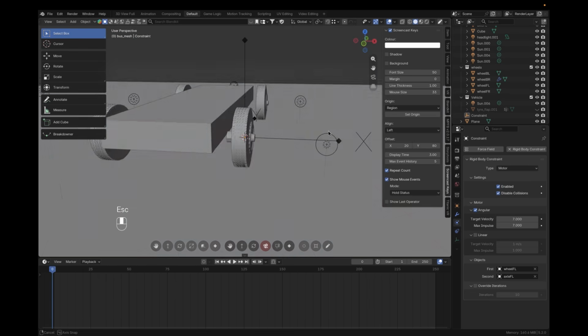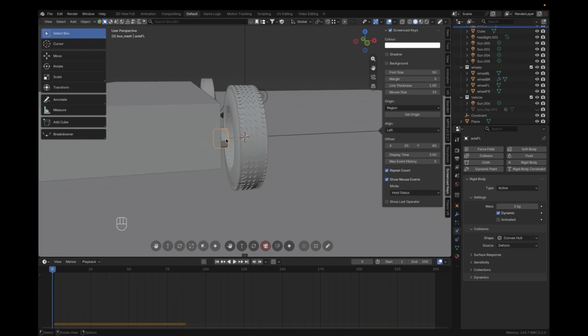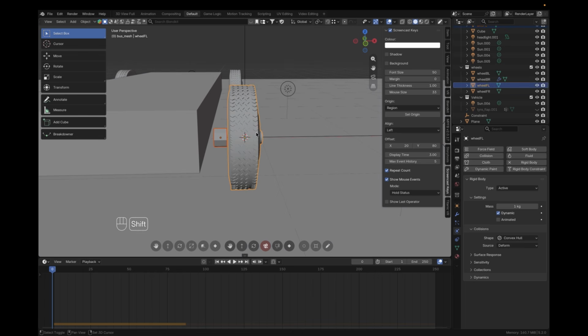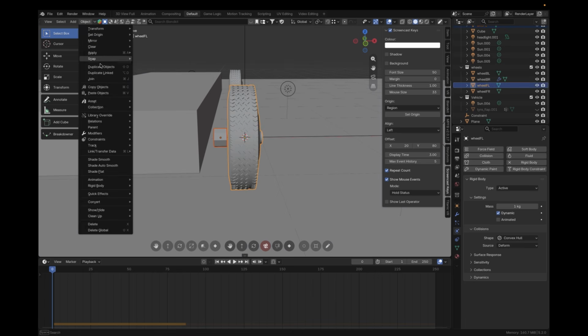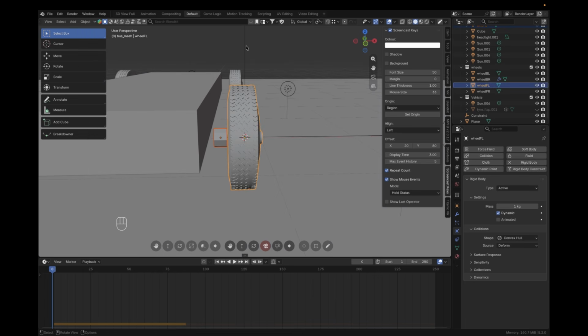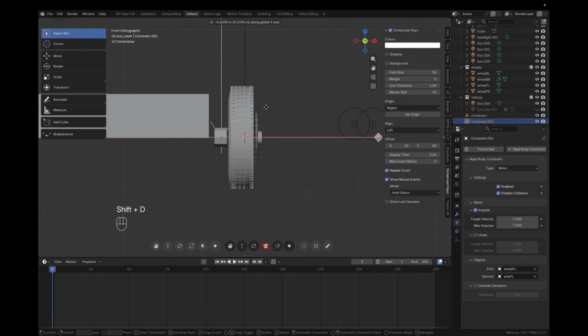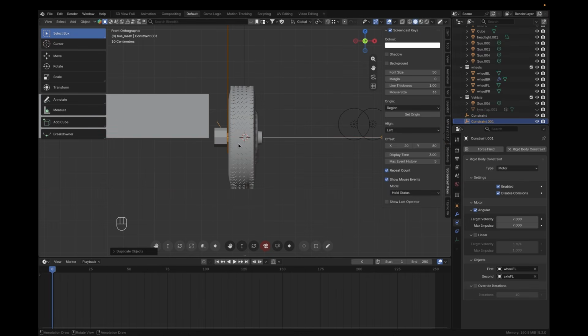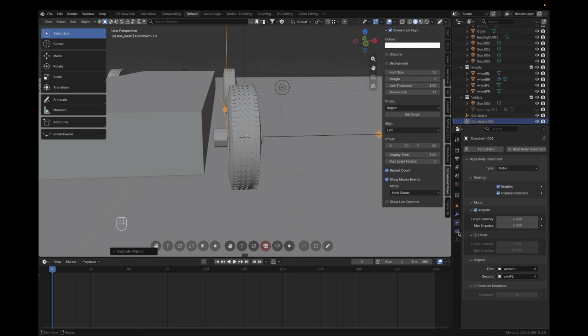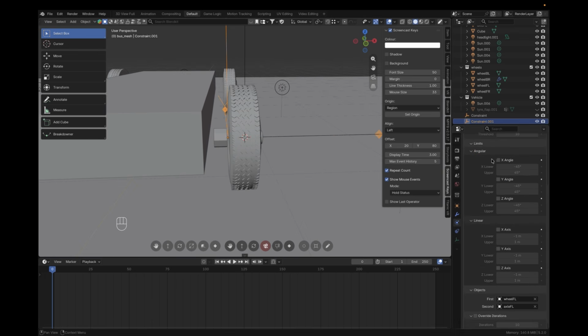We need to lock the wheel to the axle, so I'm going to select the constraint one more time. I could just add a new one. I could just duplicate this, so I could go to front and Shift D and bring that to the middle between the wheel and the axle, and change that to generic. And we would want the